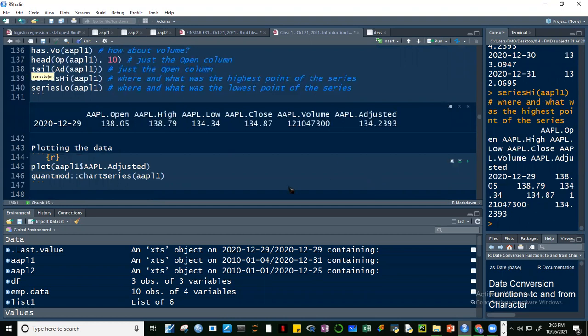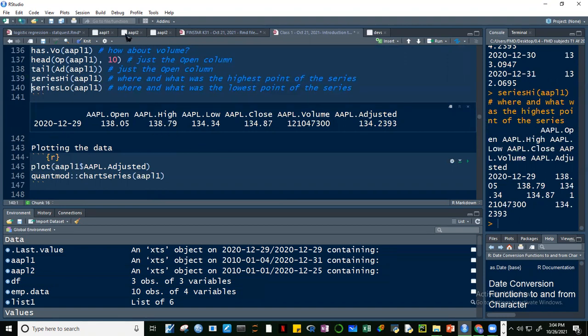If you click that, that was on December 29. Given the range from January 1, 2010 up to December 31, 2020, December 29 exhibited the highest in terms of the high price,